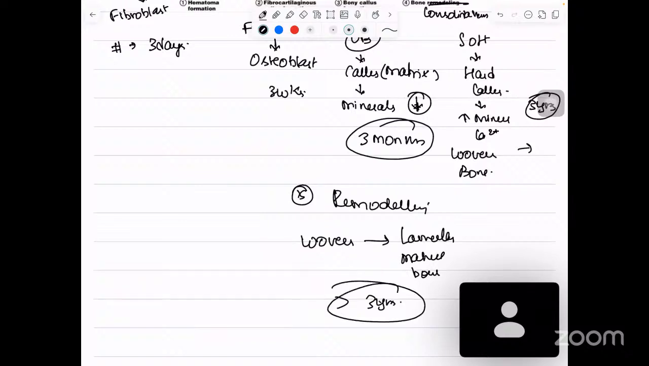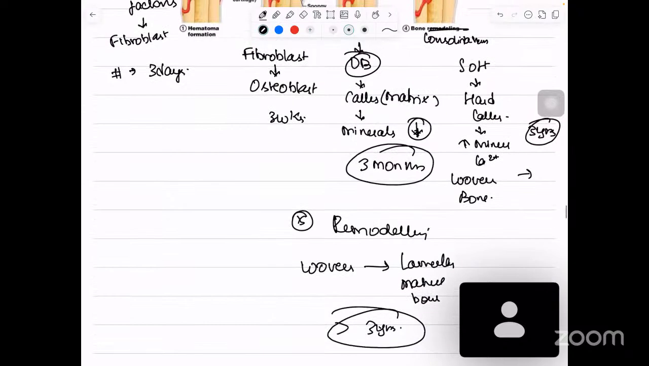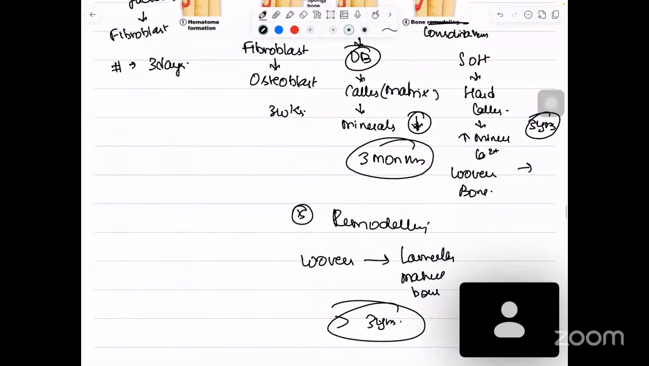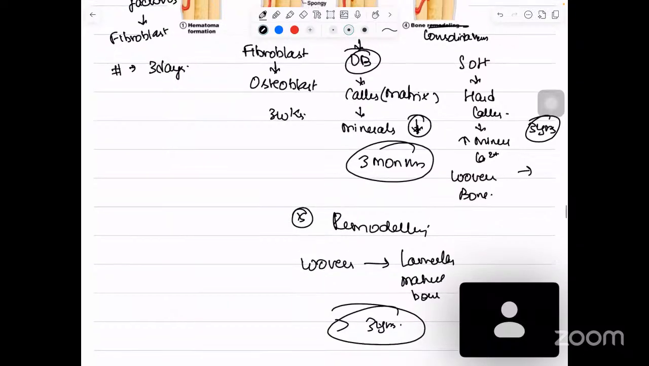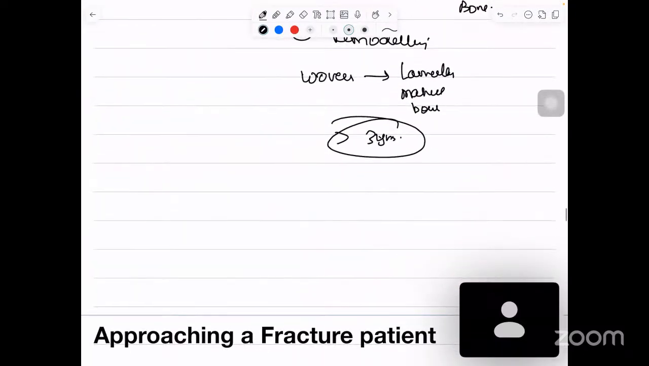ஒரு புக்ல ஒரு மாதிரி கொடுத்திருப்பாங்க. This is my way of remembering 3 days to 3 weeks to 3 months to 3 years and more than 3 years. இத வச்சு நீங்க வந்து ஒரு எஸ்ஸேவே எழுதிடலாம். ஓகே,